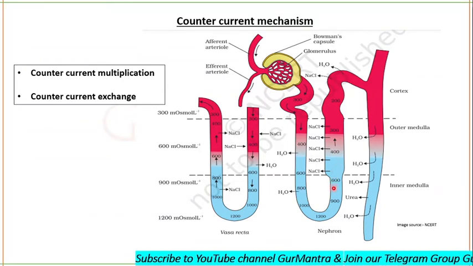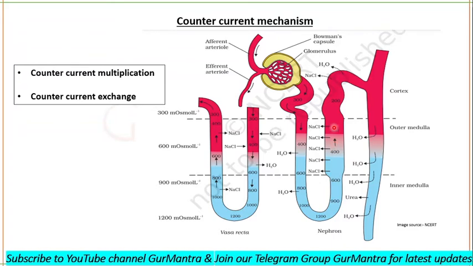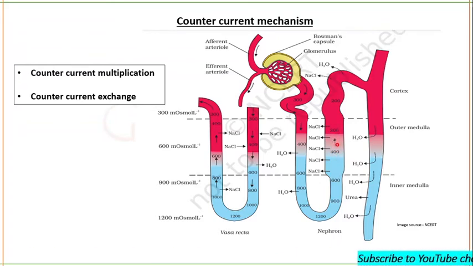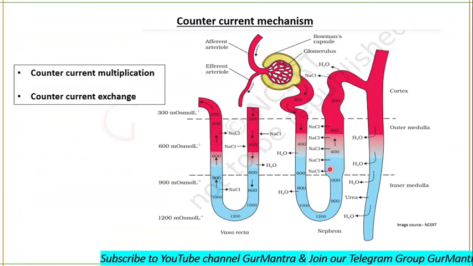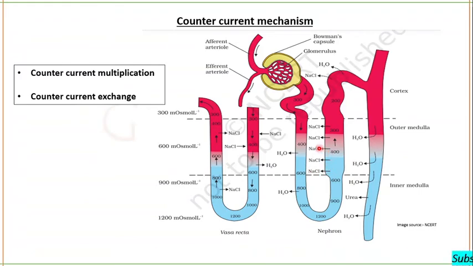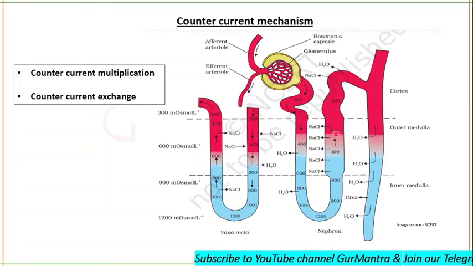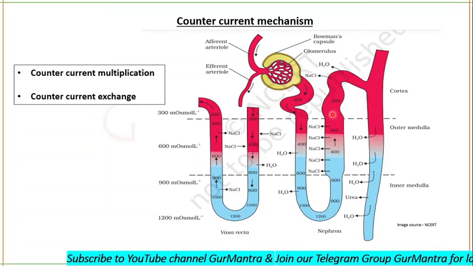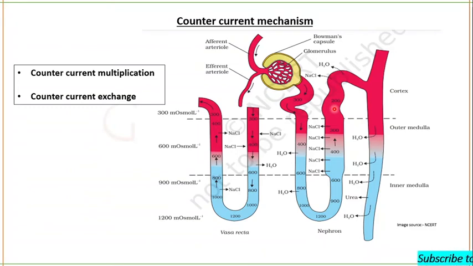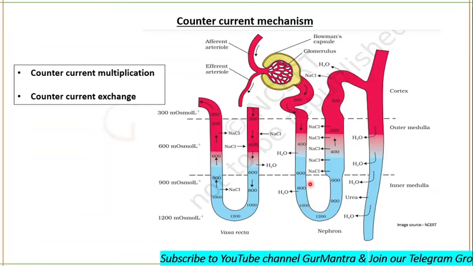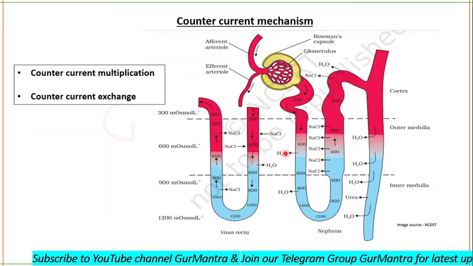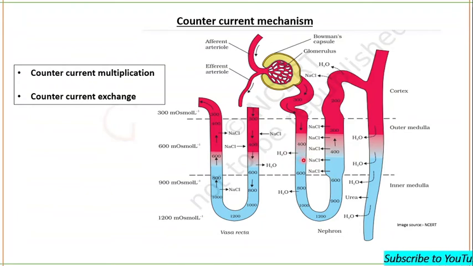Then how is the osmolarity decreasing, how is the solute concentration decreasing? Because water is not going out, but sodium chloride, the solutes, are going out of the tubule, and this restores the osmolarity to 300 again, and it will reach 200 and even 100. Deep in the medulla you can see the NaCl in the interstitial fluid, but this gradient is maintained by the vasa recta.